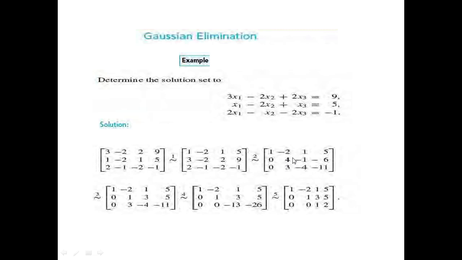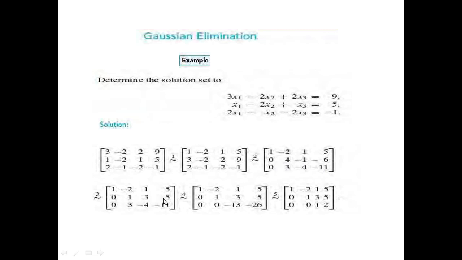We have two options: we could divide row number 2 by 4, but then we will have fraction values in these two positions. In order to avoid fractions, we add row number 2 and row number 3. If you multiply row number 3 by minus 3 and add it to row number 2, we obtain